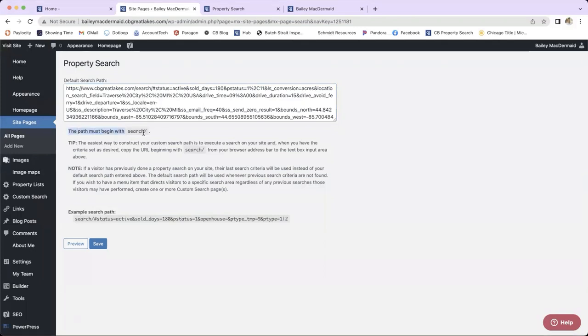The first one being that the path has to begin with the word search with a slash. So all that you need to do is look for where that occurs within this URL. Should be right towards the front. So mine is right here. And all that I'm going to do is delete everything before that search. So now it starts with search slash, just as this says. It has to begin with search slash, so don't clear the search out. We want it to start with the